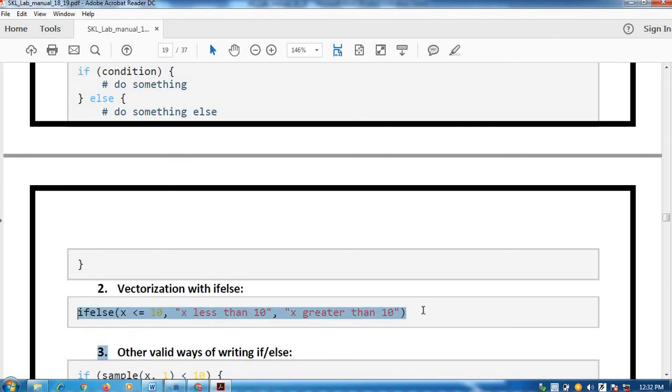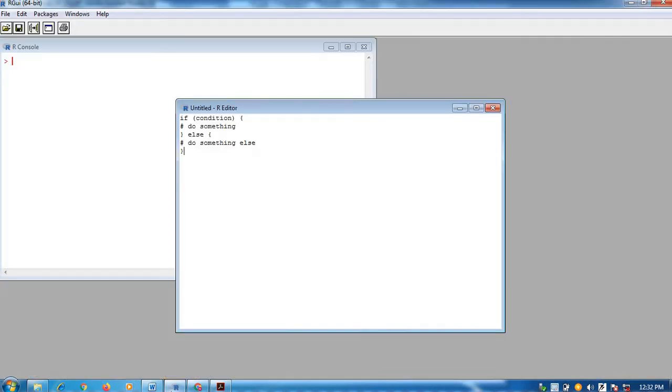So how will you use it? You will use it like this. Again I am copying here and pasting. So this is the second type of syntax. ifelse x is less than 10, then print x less than 10, comma, x greater than 10. Suppose I want to execute this statement.